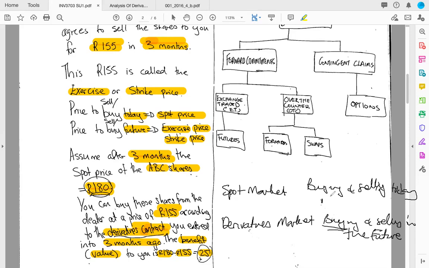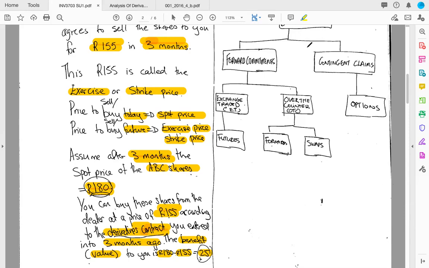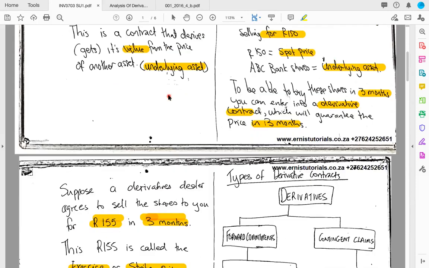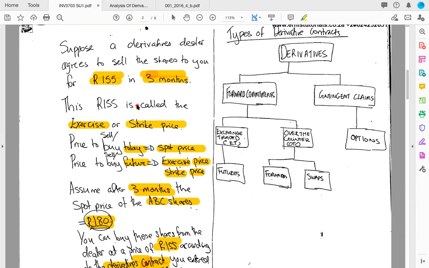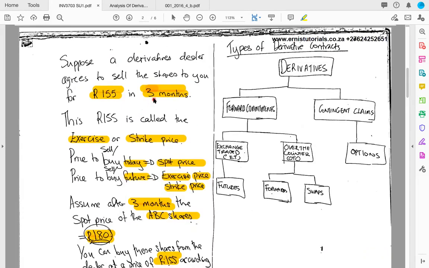Okay. People are agreeing to buy and sell today, but they're actually going to buy and sell in the future. So when we talk about the spot price, we're talking about the price at which people are buying and selling today. Whereas the derivatives market is the market in which people are buying or selling in the future. You can try to read other sources to help you understand this, but I hope I explained it as best as I could with this final example, where you could enter into a contract in which you agree to